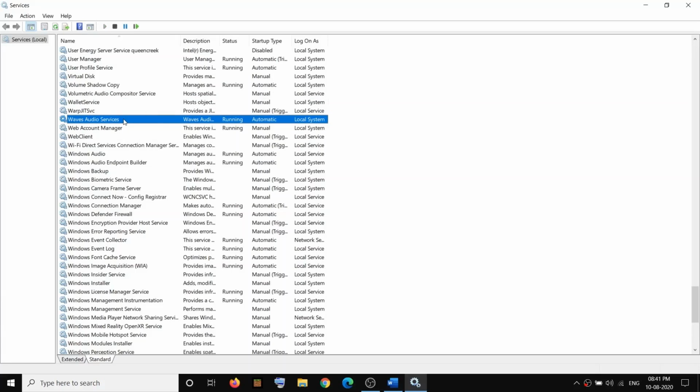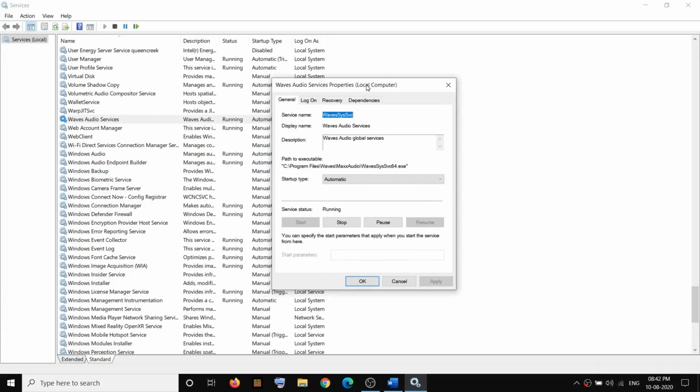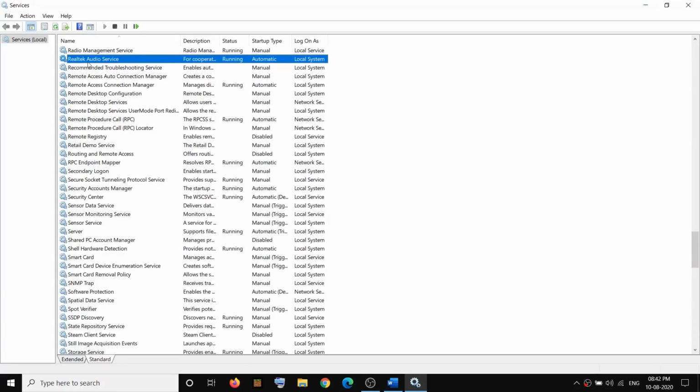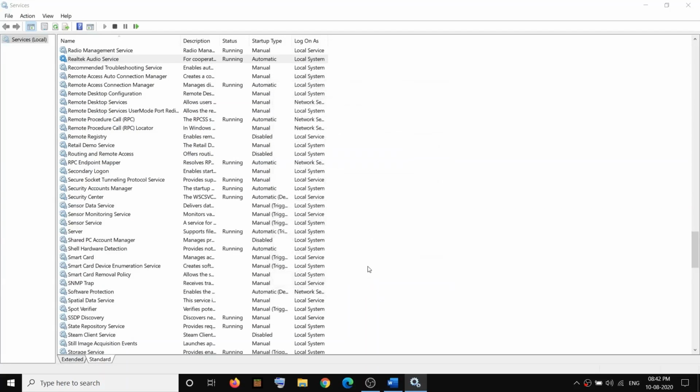Make a double click on Waves Audio Service and make sure the startup type is set to automatic. If start is highlighted, click on start, then click on apply, then click on OK. Also find Realtek Audio Service, make a double click, then make sure startup type is set to automatic, and then click on start. If this is highlighted, then click on apply and OK.